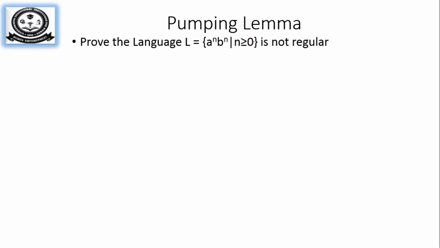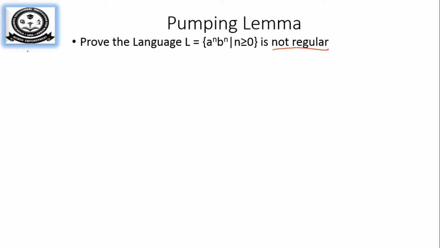Before going to the problem, why is this not regular? If a to the n is printed, the same number of b's should be printed. For example, if n is equal to 2, I have to print 2 a's, and similarly I have to print b also 2 times. This is not possible in a finite automaton. Why? We cannot store the value of n for the first term a to the n, because a finite automaton can't store any value. So when we want to print b, I don't know the value of n. Hence this language is not regular.